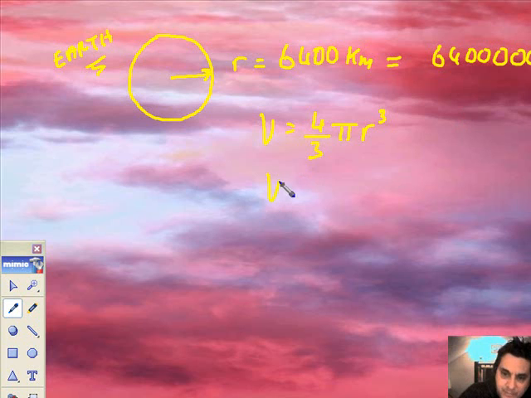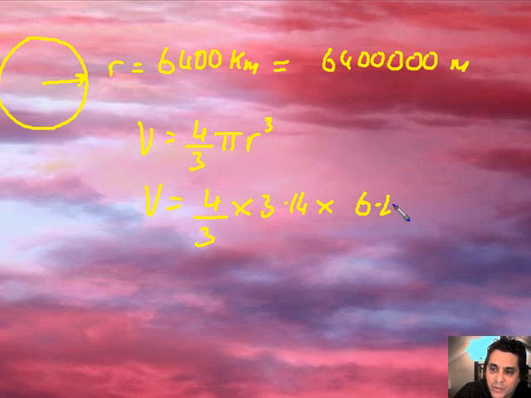So here I go. So the volume of the Earth is going to be 4 divided by 3 multiplied by 3.14. It's traditional to take it that far and no further, multiplied by 6.4 times 10 to the power of 6 meters. Now that has all got to be